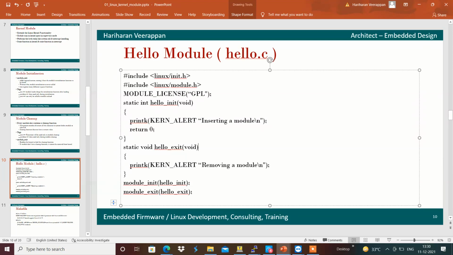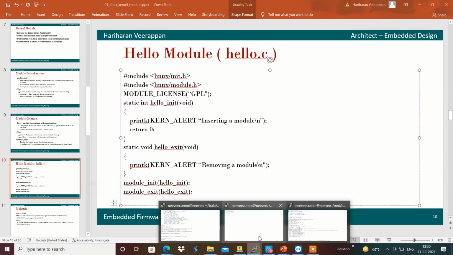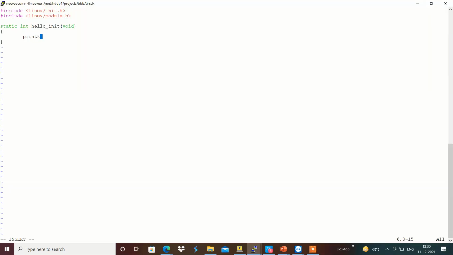In order to print in the kernel, we will be using the function called printk. printk is the function to print in the kernel module. I'm going to use printk with "hello module inserted into kernel",